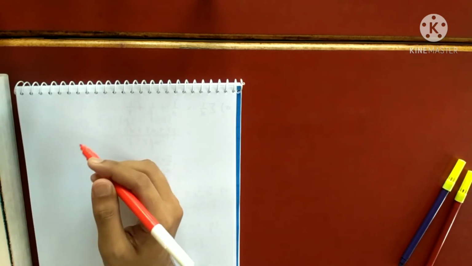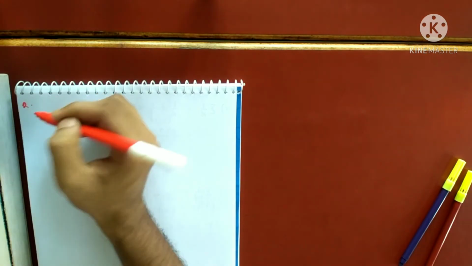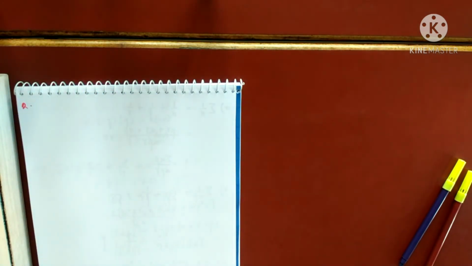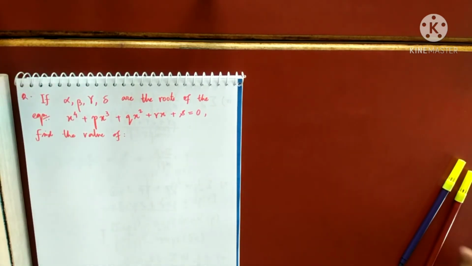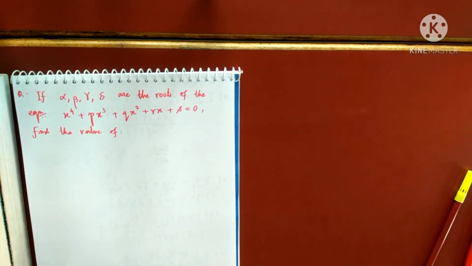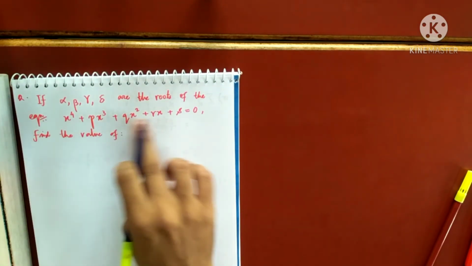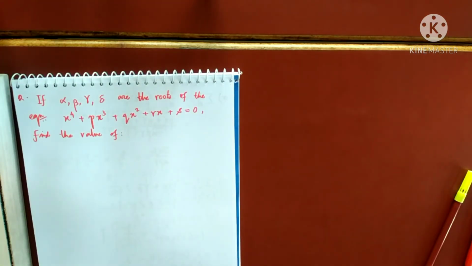So now let's take a biquadratic equation. This was a cubic equation. I have found so many possible values of so many possible symmetric functions of roots. Now let's take another question, number 2. Here is the question. So we have to find this. Okay. So one by one I'll do it as I did in the previous question. So alpha, beta, gamma, delta are the roots of this equation. You have to find the value of different things.